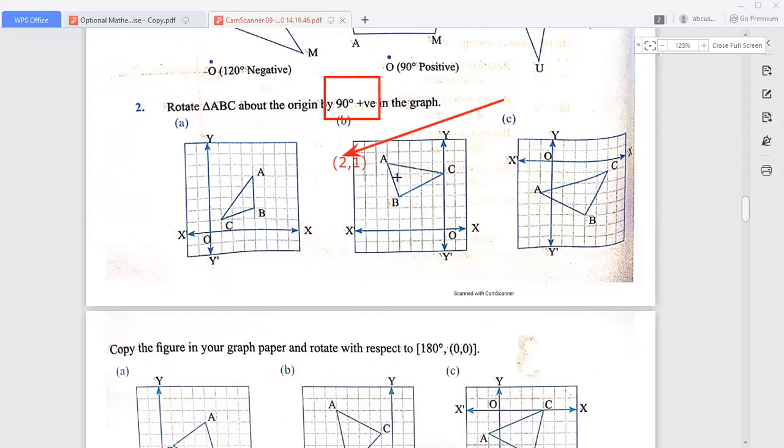I will use the words x component and y component. You have to be familiar with these words. The x component means just the first number. सुरुको नम्बरलाई x component भनिन्छ. And the next number, here the next number is 1, which is called the y component. Here the x component is 2 and the y component is 1. जस्तै अब यसलाई 90 degree positive direction मा rotate गर्ने हो भने है त,